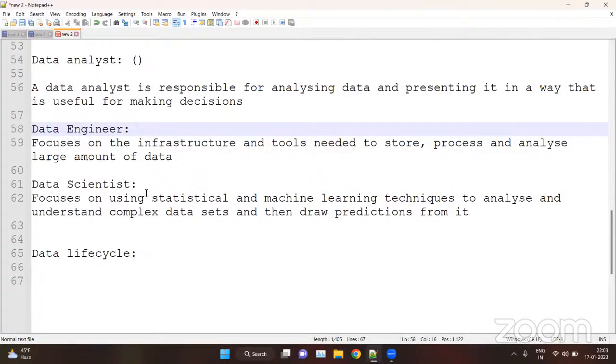But the data scientist first cleans the data, represents it in a graphical format, and then applies the dataset to an ML algorithm to draw useful predictions. For a data scientist you need ML, but for a data analyst or data engineer you may or may not; that is not compulsory.